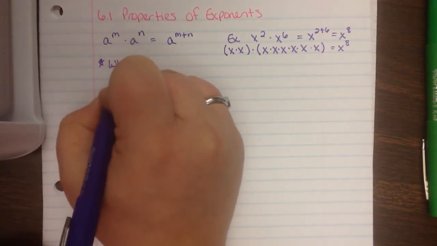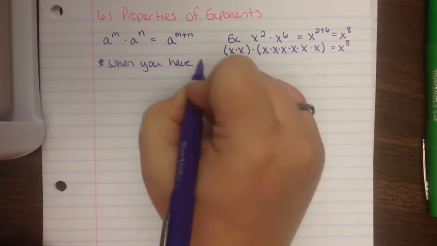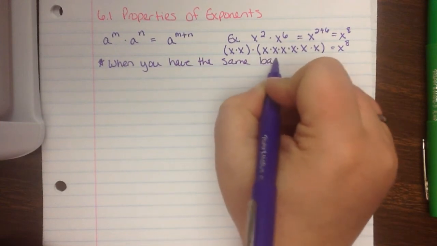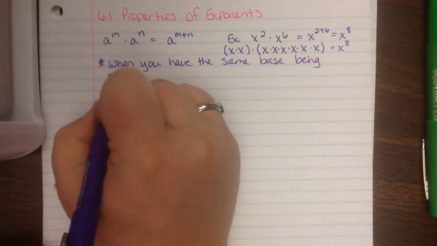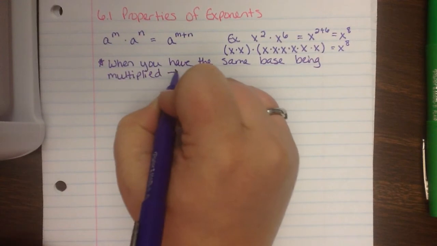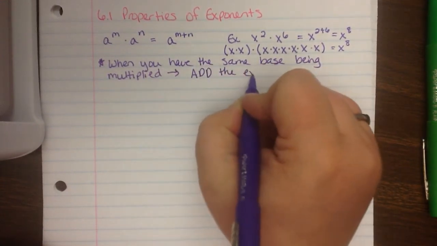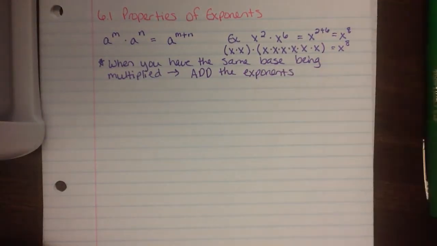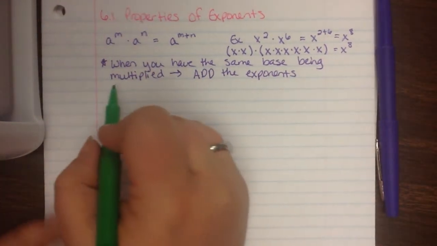So this is when you have the same base being multiplied, so the bases are being multiplied together. You need to add the exponents. Just a little, this is what we're doing in words. Okay, the next one,